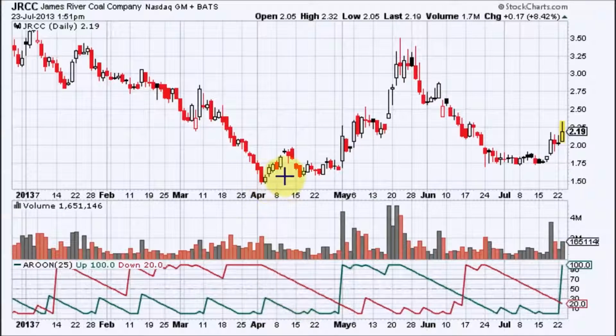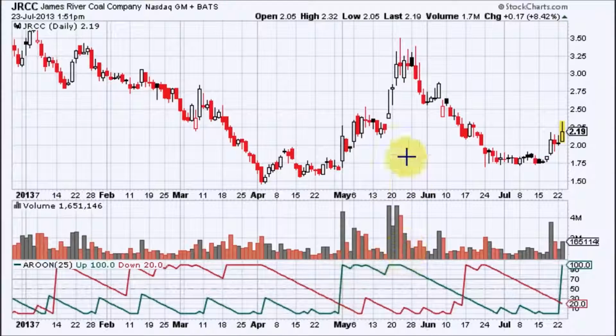This is a period of consolidation that formed a bullish double bottom chart pattern right here shaped like a W, and when it broke above this area of resistance on super high volume, Aroon up crossed immediately up through Aroon down, cleared the 50 line with no problem, hit the 100 line, and remained up there all the way to the top,